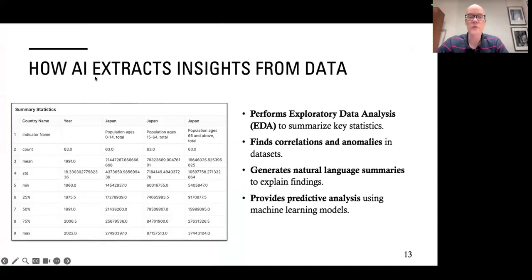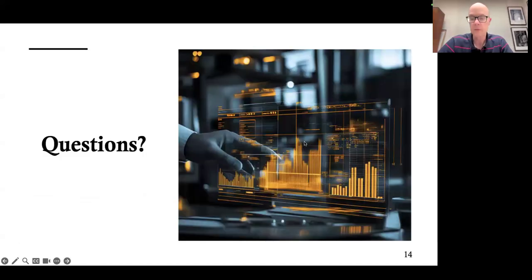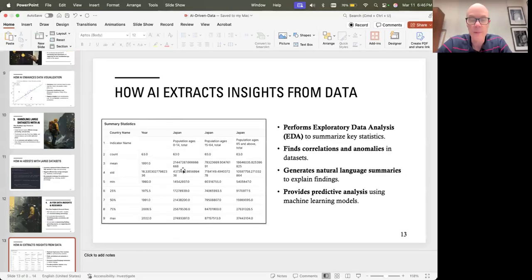It can extract insights. This is where something like exploratory data analysis comes into play, and economics students are very interested in this. They want some of this baseline data. This comes from a data set we're going to look at in just a moment about population in Japan, but we'll come back to that. It can do more on that.